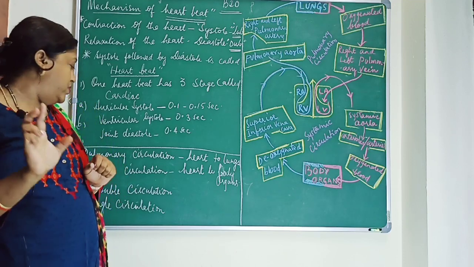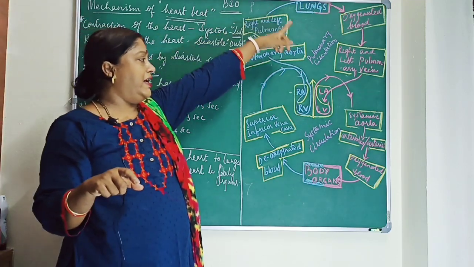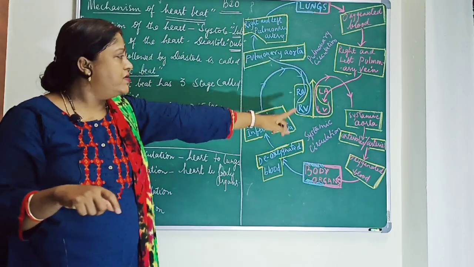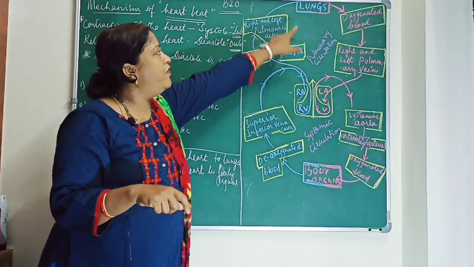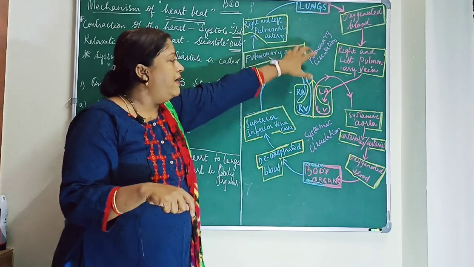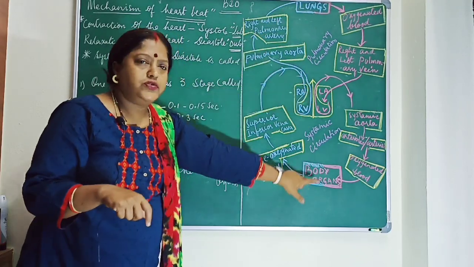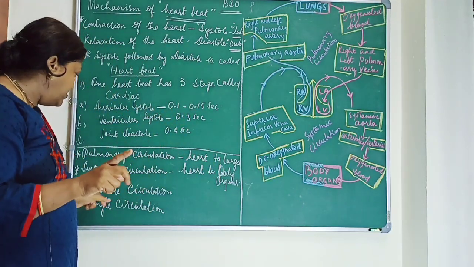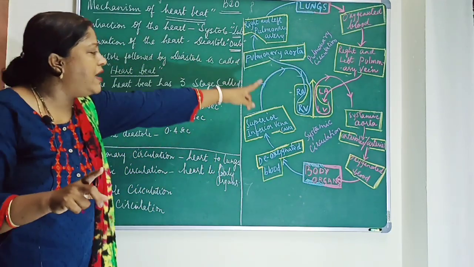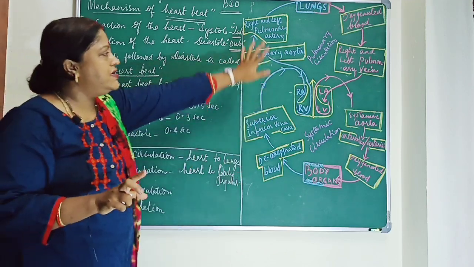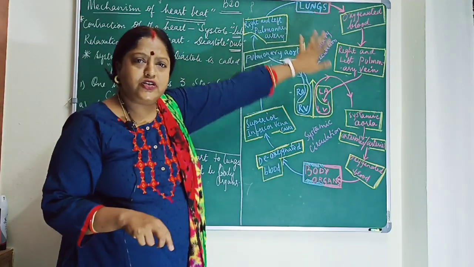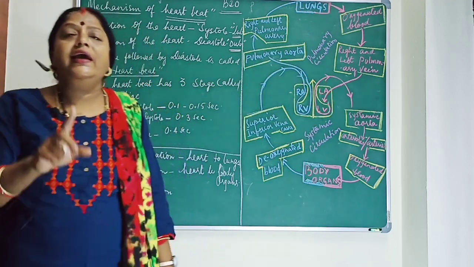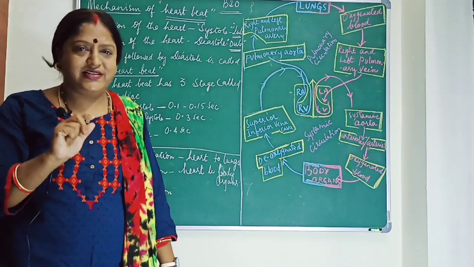Okay children. So this is the diagrammatic representation of double circulation. Okay. So that is the blood from the heart flows to the lungs and blood from the heart flows to the body organs. So double circulation means heart to lungs and heart to body. Okay. So this is the diagrammatic representation of double circulation. Understood, children? And then in Pisces, single circulation takes place.